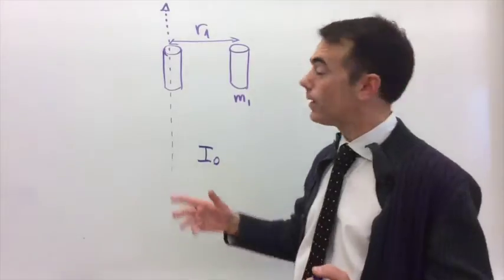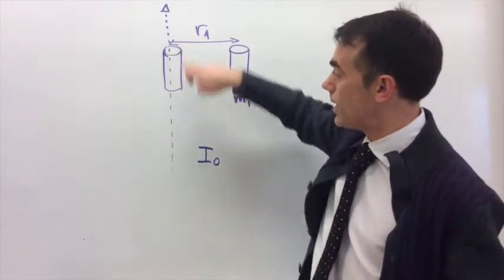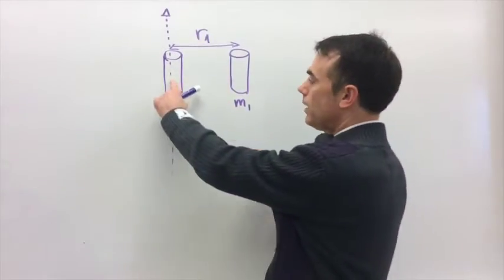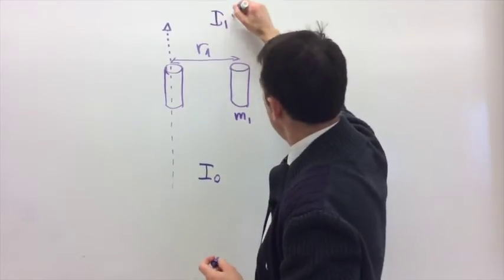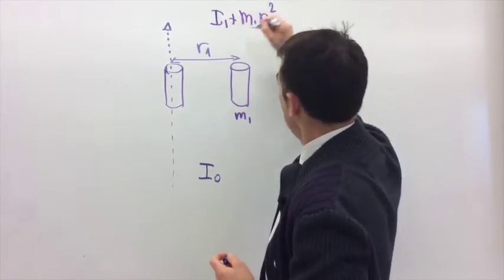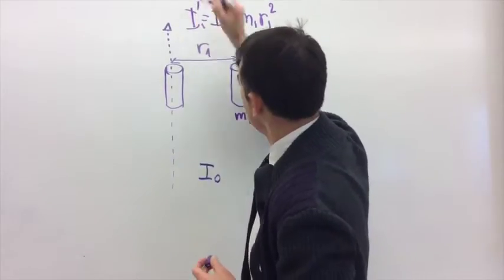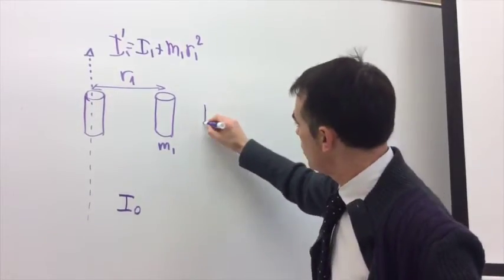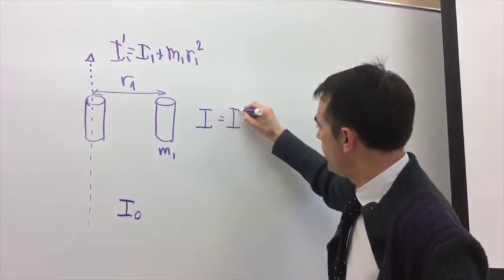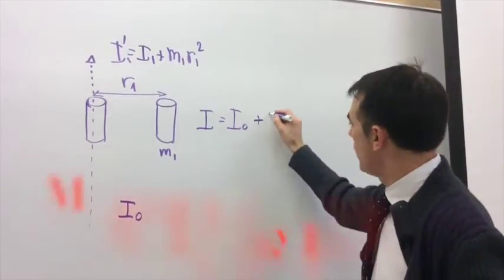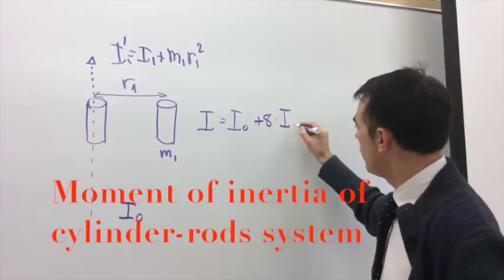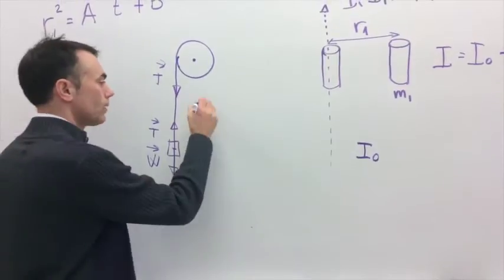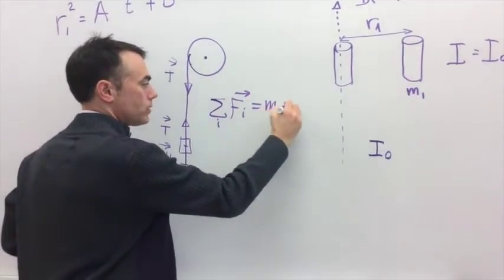From Steiner's theorem, we know that the moment of inertia of this cylinder rotating around this axis is the same as the same cylinder rotating around this axis, but here, plus m1 r1 squared. In order to get the total moment of inertia, you know that it is going to be equal to the moment of inertia of the cylinder plus 8 times the moment of inertia of each one of those rods. You should solve Newton's second law and the equation of the torque